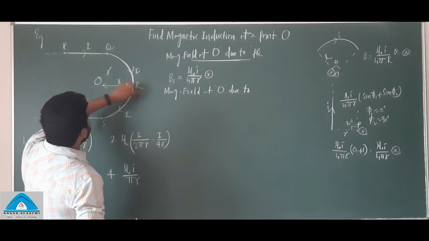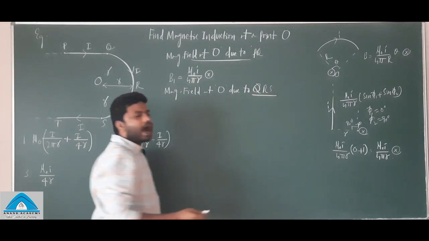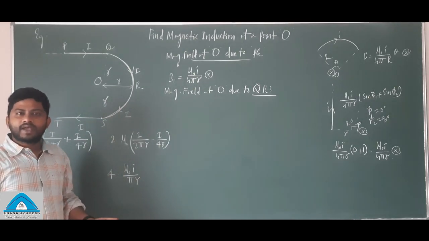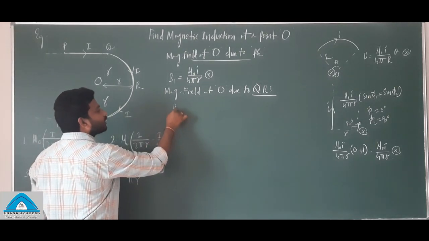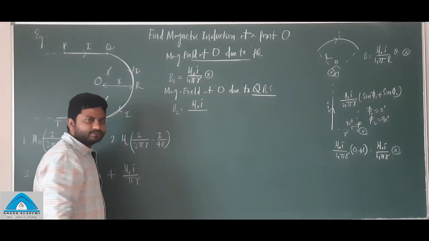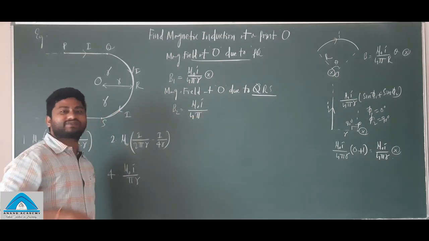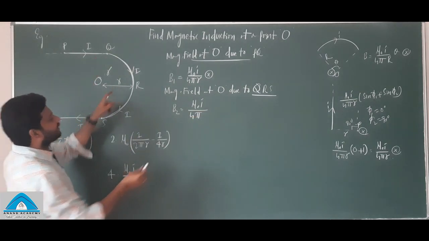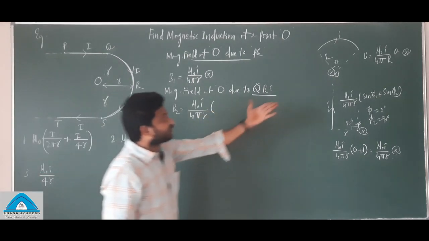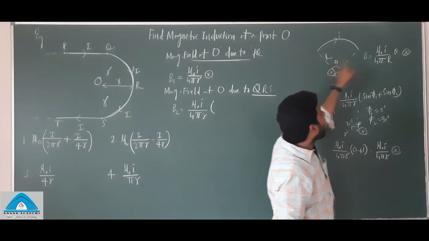Now, in the same way, what is the magnetic field at point O due to QRS, which is important? QRS is an arc, yes or no? Yes. So the magnetic field due to the arc, what is the formula? Mu naught I by 4 pi into the radius of the circle. What's the radius of the circle here? It is r into theta. What is theta? See, here we have written already: mu naught I by 4 pi r, where r is the radius of the circle, and theta.